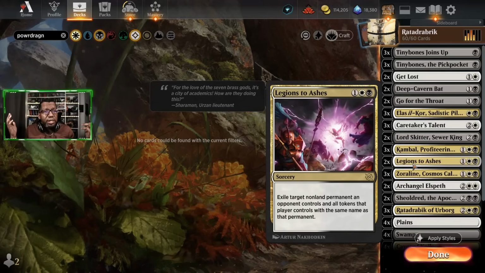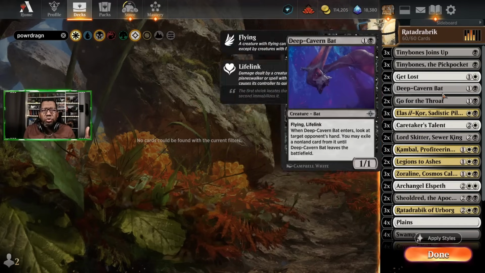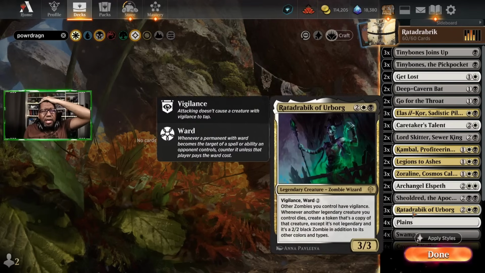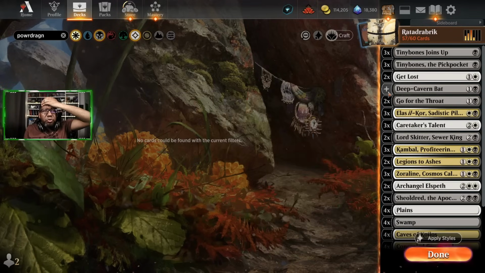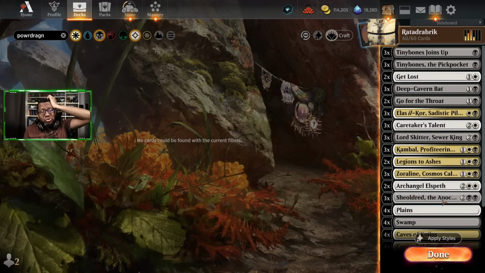Now, admittedly, it's only 6 cards, so we could put some more removal in here. But I think the bats also kind of help things a little bit too. And I think that mid-video change was also very good. I think the bats do a lot to help in each of those matchups, actually, as it turns out. So, yeah, for my money, I think we cut the Rabbits. I think we play another Deep Cavern Bat, another Lord Skitter, and probably another Shieldred,